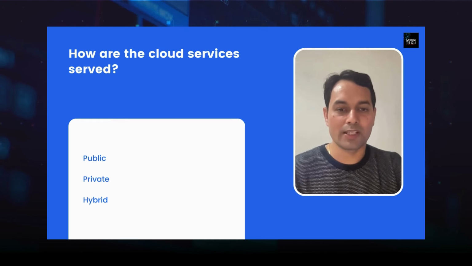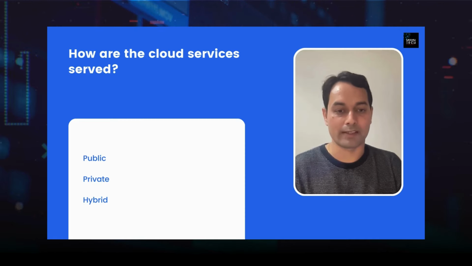When I say computers, it means servers. The second one is servers which are completely and exclusively provisioned for you. These are the private version. And sometimes customers have requirements that for some use cases they go public and for some they go private. This is called a hybrid type of landscape.